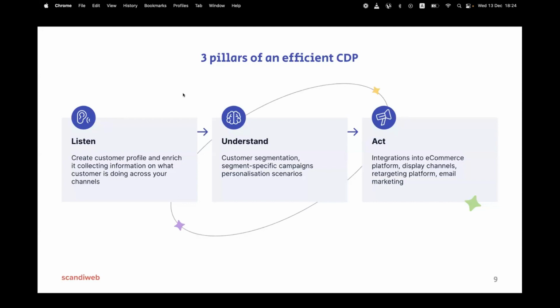You are not really waiting for the customer to send you something. You are fully engaged in collecting, in listening to every, let's say, hint that the customer may express in order to understand it. Anything that happens on your site or off your site is valuable in understanding people.